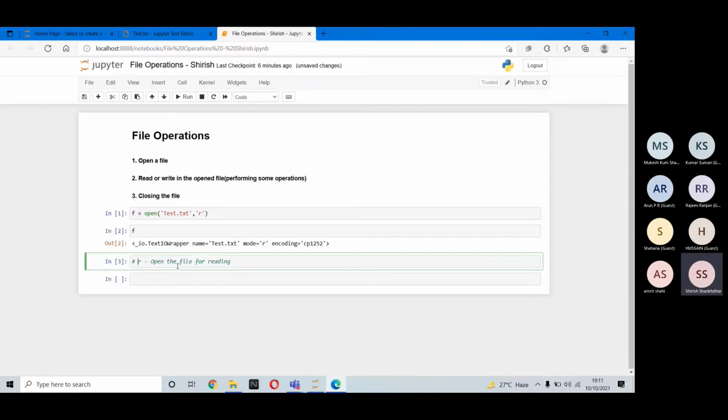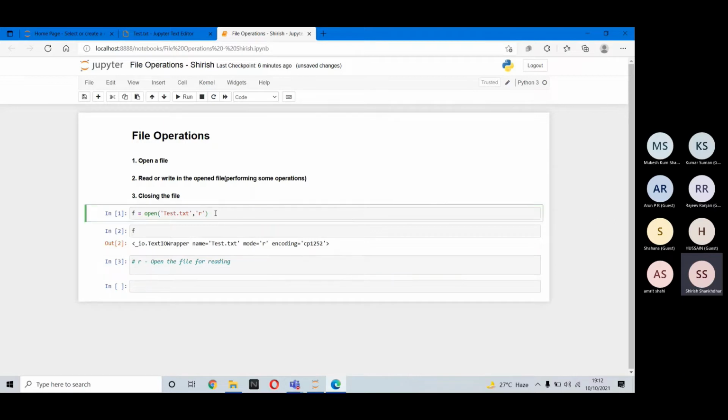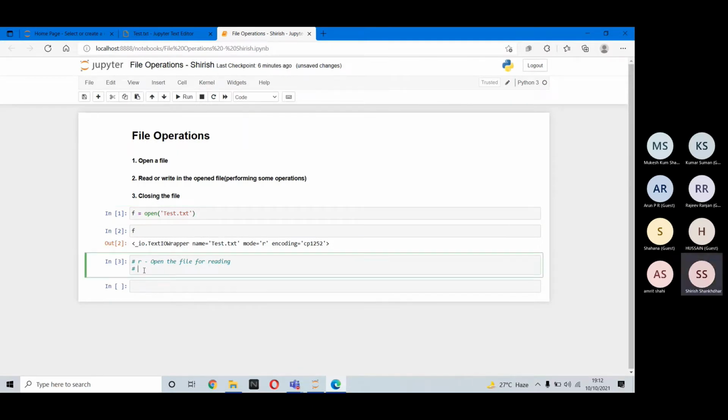If you do not provide anything, it opens in read-only mode, the way I have opened it without specifying anything. The second is that I want to open the file